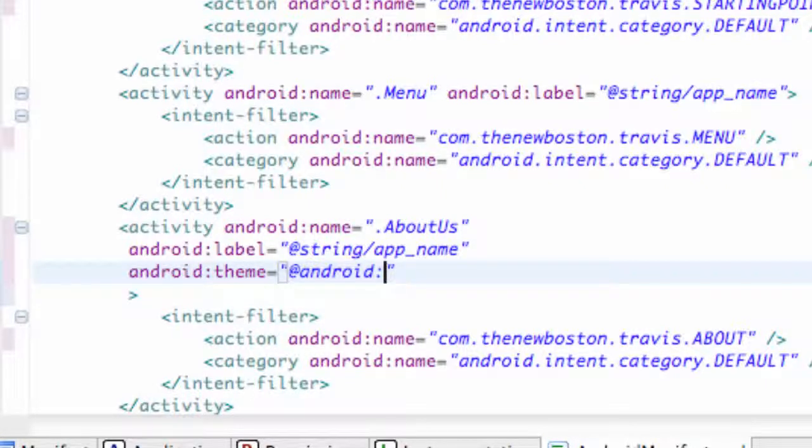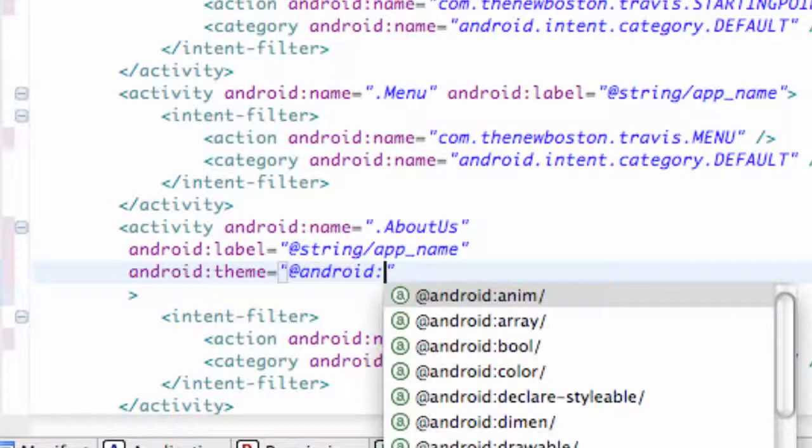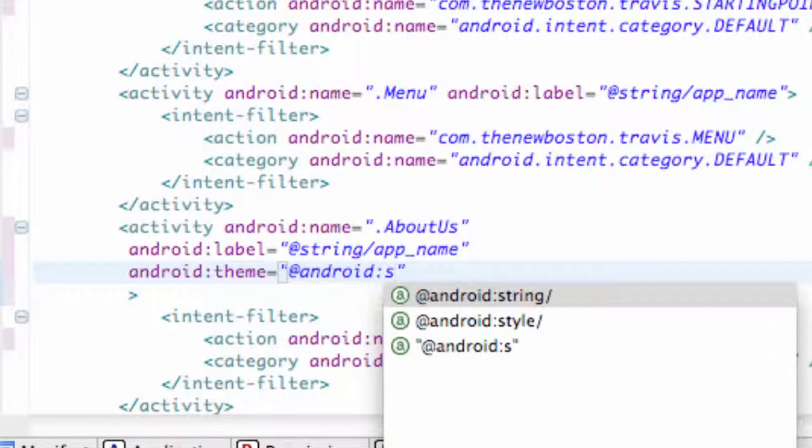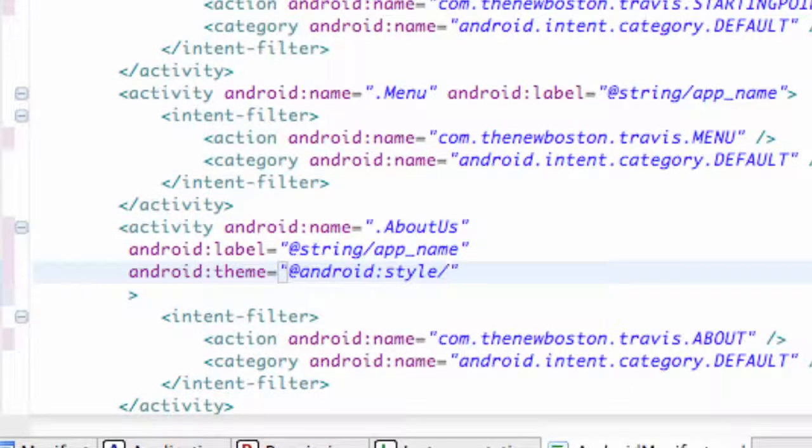Android, and then colon, and then style. As you can see, you can have some other things here, but we're going to say style/Theme.Dialog, with a capital T and a capital D, so Dialog, and that will give us that sleek and sexy theme